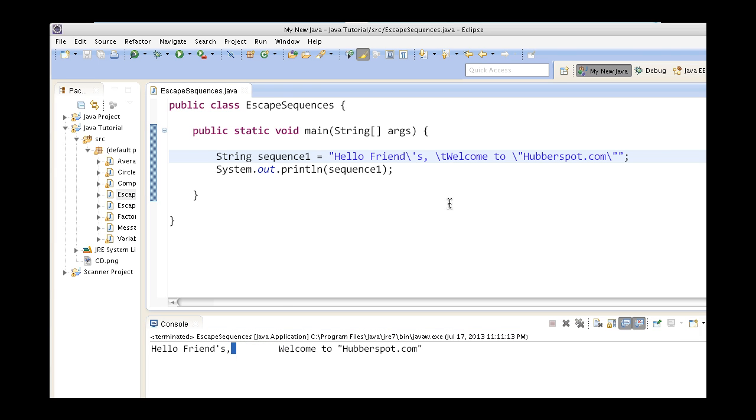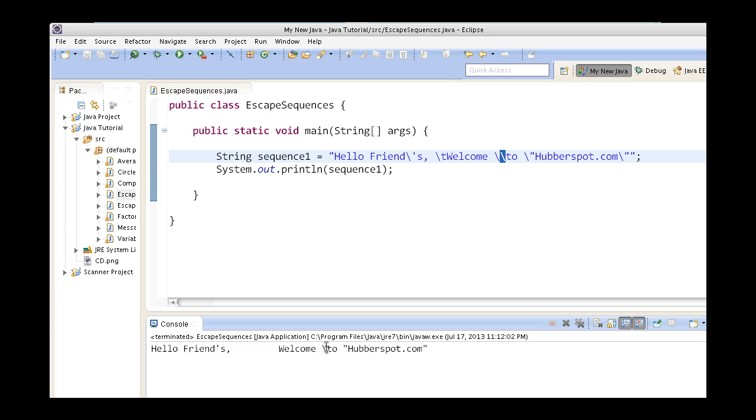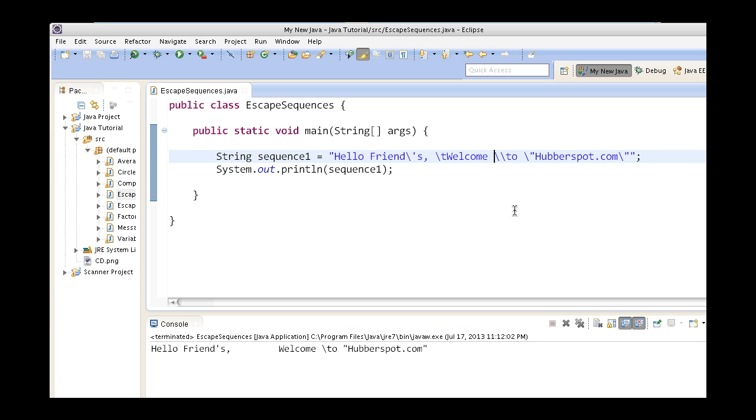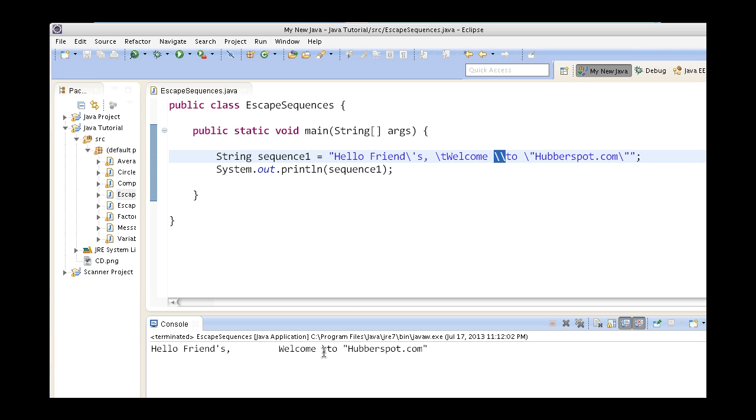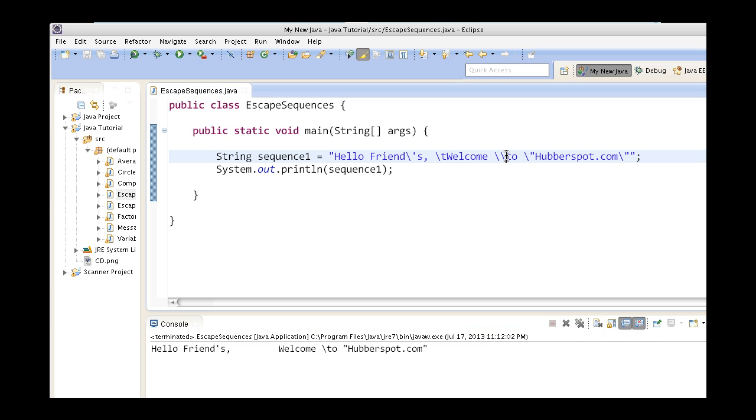Let's move ahead. What if I want to enter just a backslash in the string? I will do backslash backslash. This backslash will escape the other backslash for us, and if I run the program, you will see that one backslash appears here. If I didn't put the extra backslash, the compiler would have thought I am using backslash t, and it would have inserted a tab here. So in order to escape this backslash, I have to put another backslash. The compiler printed a backslash for us by escaping it.